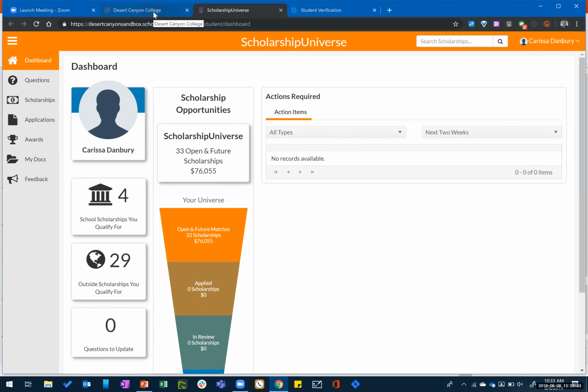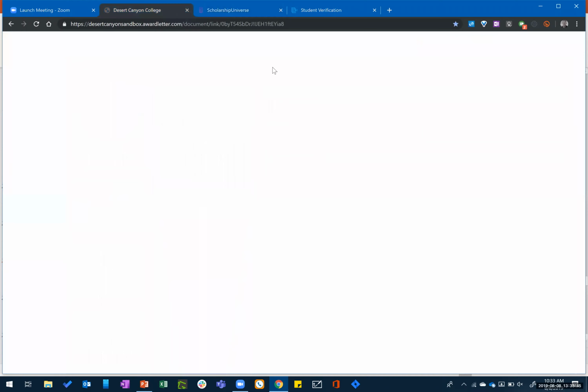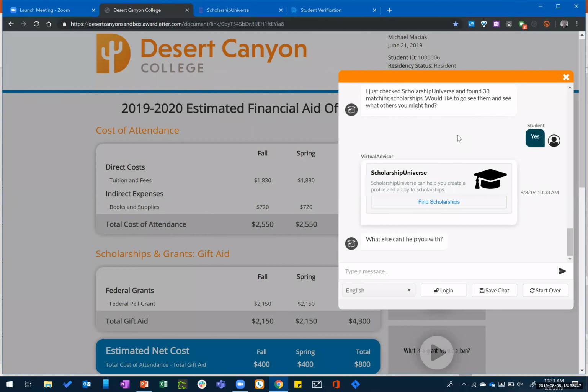In addition, because the platform has the ability for you to load student information into it to facilitate scholarship matching or to generate an award letter, that data that's loaded into the platform, even if you're only using the VirtualAdvisor, you can still load as much SIS data as you would like using our CL Connect tool, and then the bot can answer questions about that data.